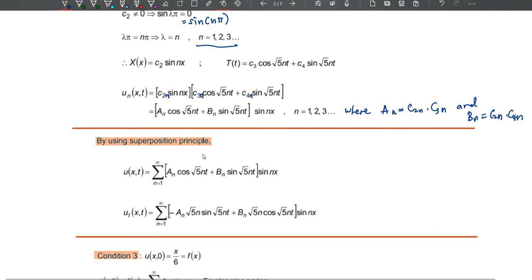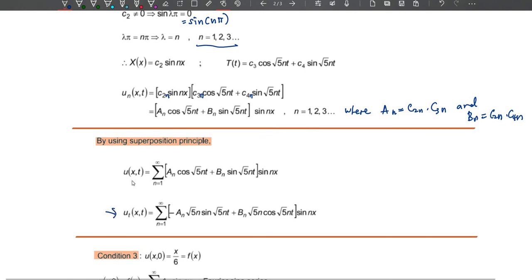Okay, next we'll be imposing the superposition principle. Using the superposition principle, we change this in terms of a summation. So u(x,t) is equal to the summation from n equals 1 to infinity. Just rewrite everything back again, excluding this constant because we have changed it into the summation. Next, you may also determine u_t, because this would be the second initial condition that we use later on.